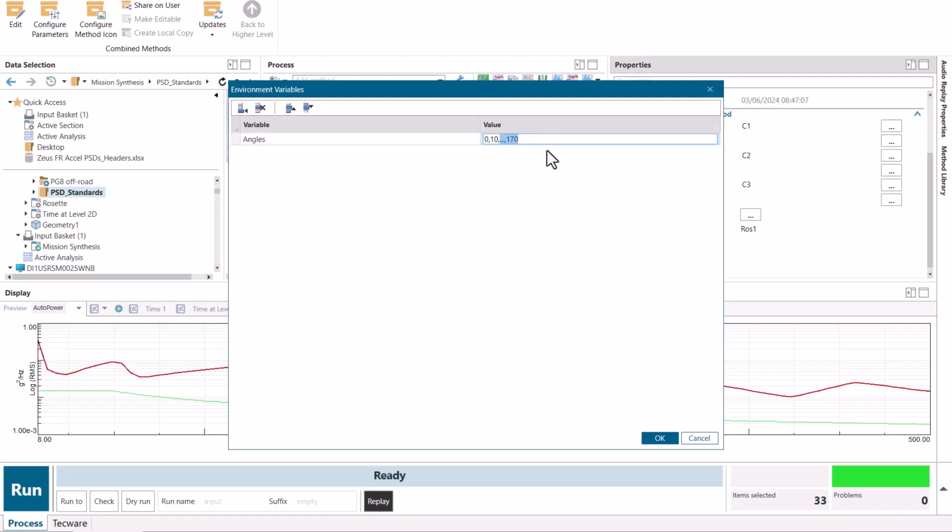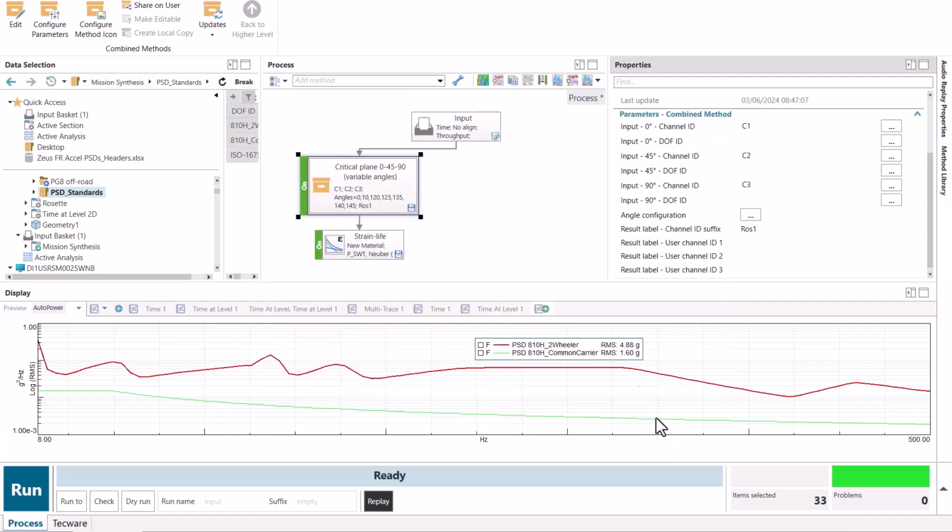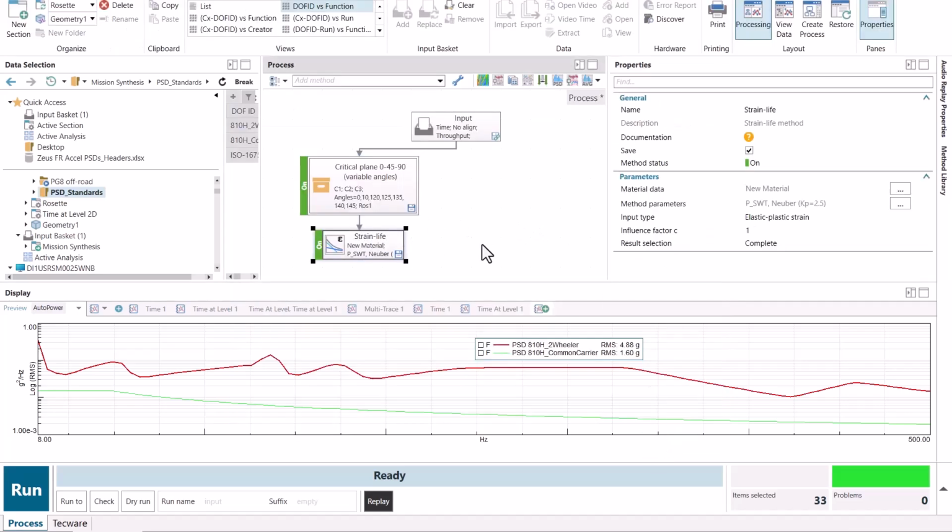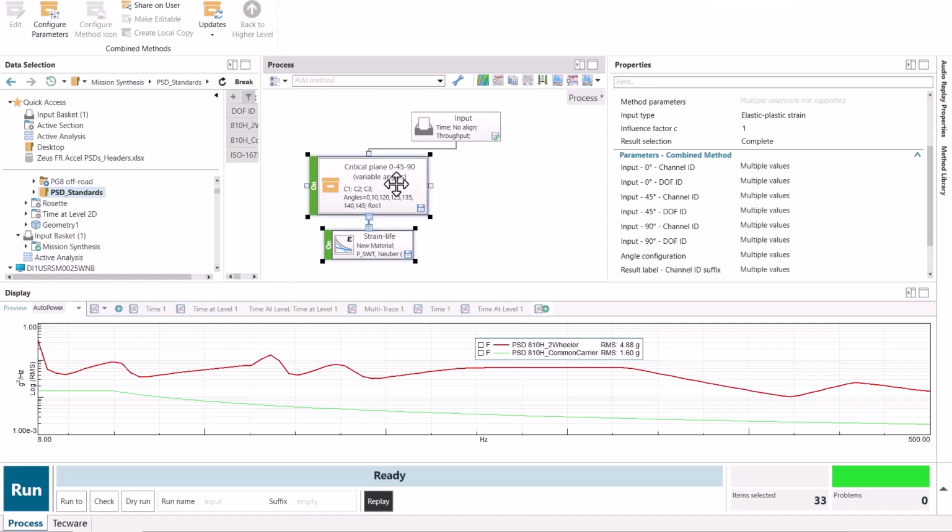So I could say 0, 10, and then 120, 125, 135, 140, 145, and so on. This is a completely user editable field. I'll hit OK. And then I'm going to perform a strain life analysis on this data.